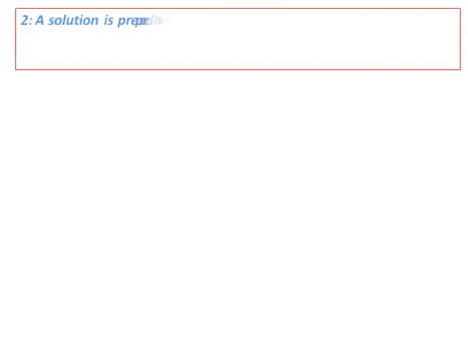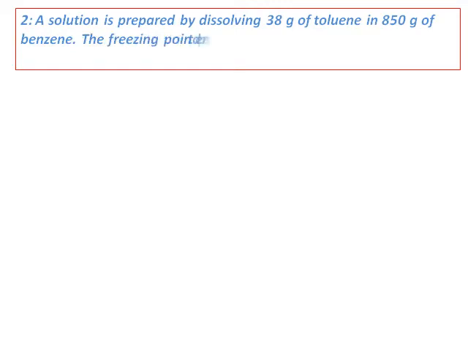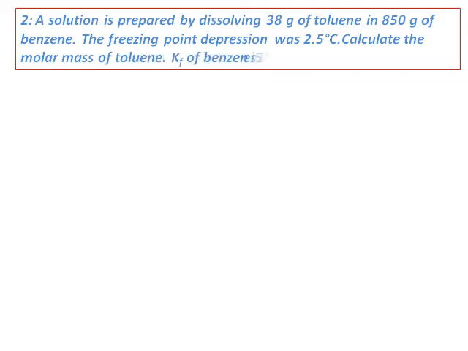A solution is prepared by dissolving 38 grams of toluene in 850 grams of benzene. The freezing point depression was 2.5 degrees Celsius. Calculate the molar mass of toluene. Kf of benzene is given. So benzene is the solvent and toluene is the solute, and they have asked you to calculate the molar mass